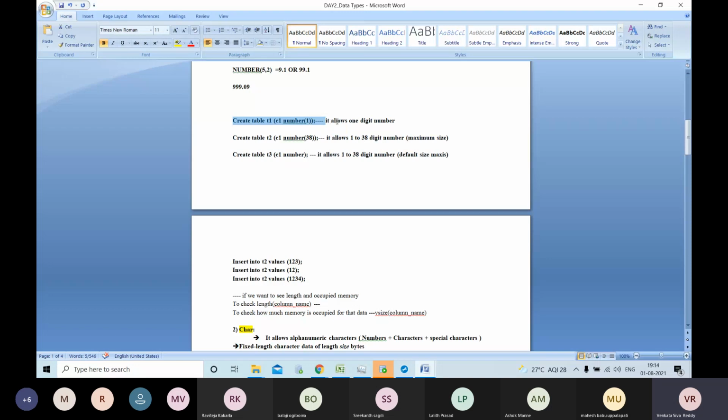If you try to insert 10, 11 or 12, it will provide an error. It allows only one digit; the actual value you are trying to insert has 2 digits, but the maximum size is only 1.